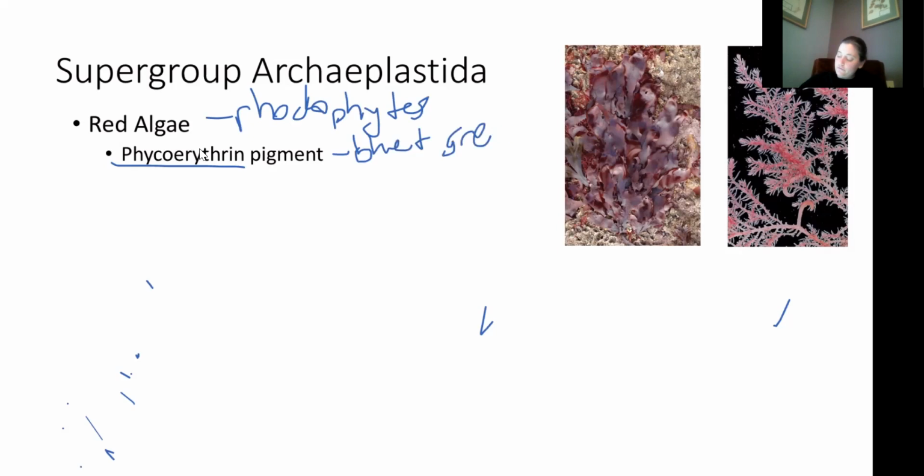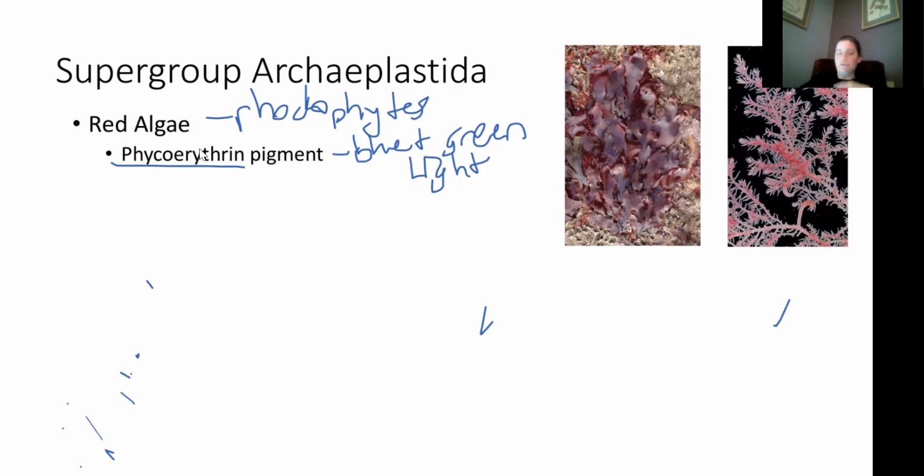So chlorophyll, which is green, absorbs red and blue light the best. But phycoerythrin allows plants to absorb green light and blue light, and those colors of light, especially the blue light, can go even deeper. Blue light can penetrate water deeper, so that makes these plants adapted to be able to